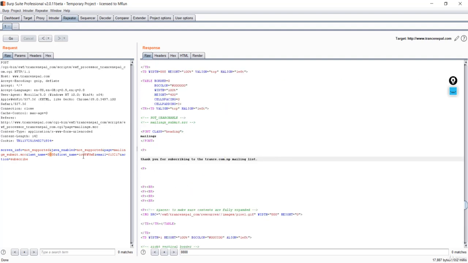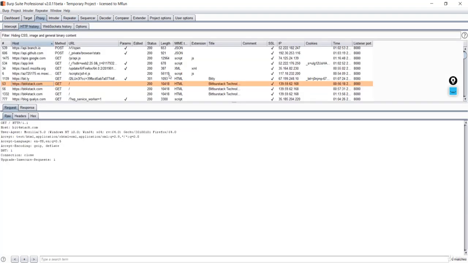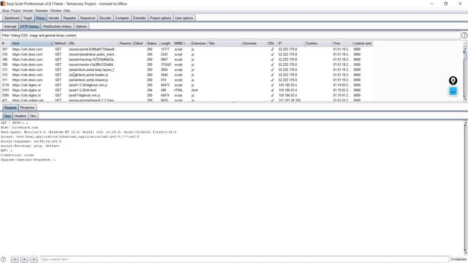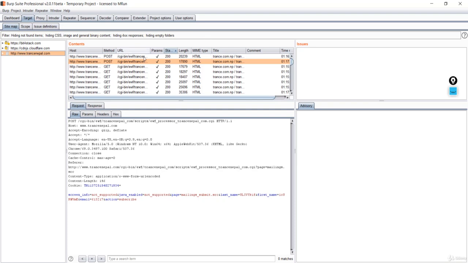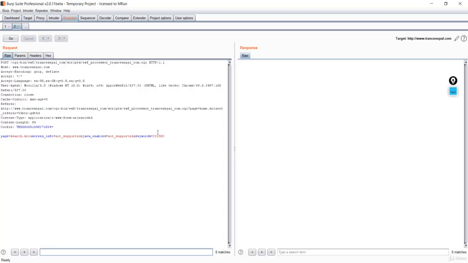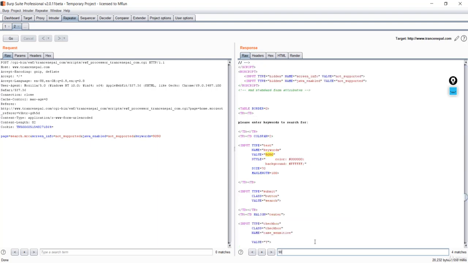So you can check another field, which is first name here, and you can do similar things for all of these links or all of these parameters. So I'll go over here in this target and let's check this one. I'll send this to the repeater, go to the repeater, and give some random value over here, and I'll check for this 9090, and you can see this has been reflected in the values. That means this link is vulnerable. Now you can make your payload to run on this website.